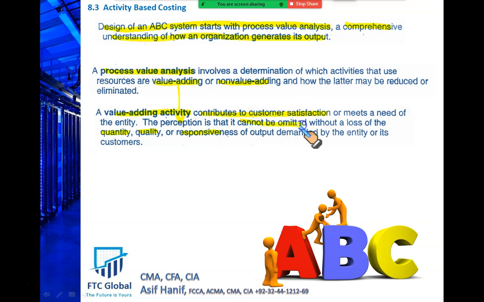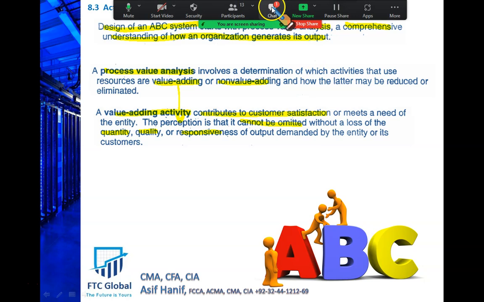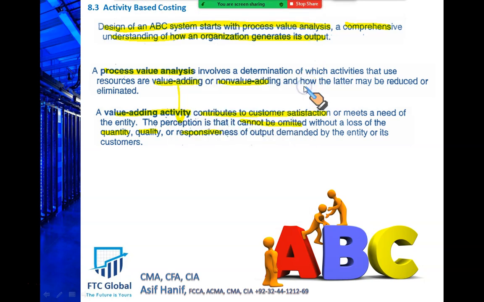If you try to reduce this cost, your customers might become unhappy. It could be product design, product durability. Many banks are using ABC. Remember, ABC is not only for manufacturing companies. Insurance companies are using ABC. Activity-based costing has a lot of future. It's complex, but it's very helpful in identifying actual activities, and it helps in accurate costing. I'll explain these points later. So value-adding activities are those activities that contribute to customer satisfaction.